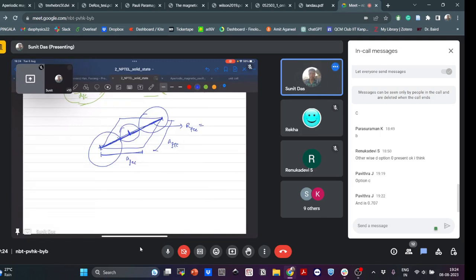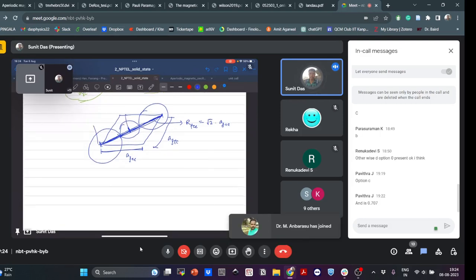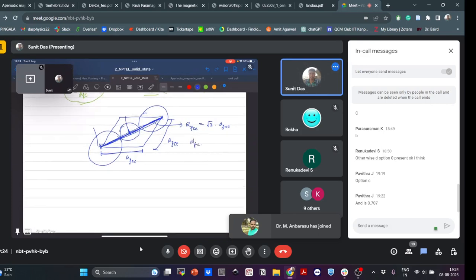So the diagonal of a square will be root 2 AFCC. Now this is the total. We need to find this distance. So then DFCC will be RFCC